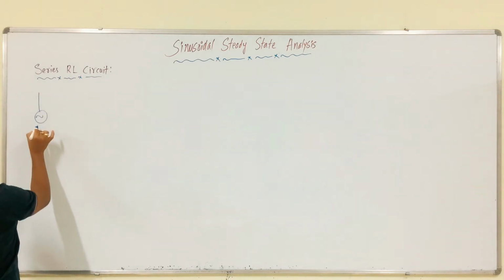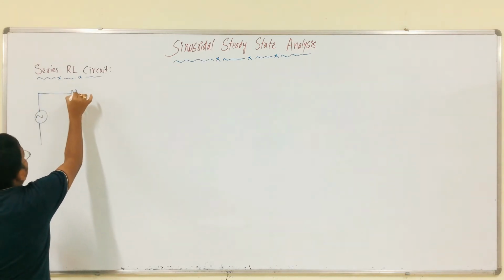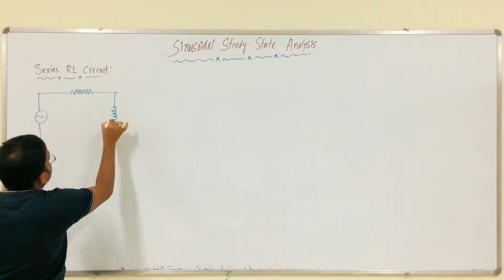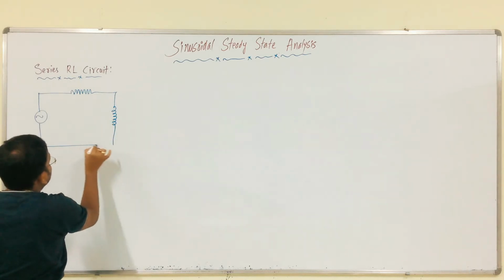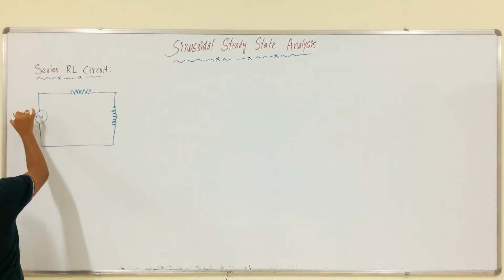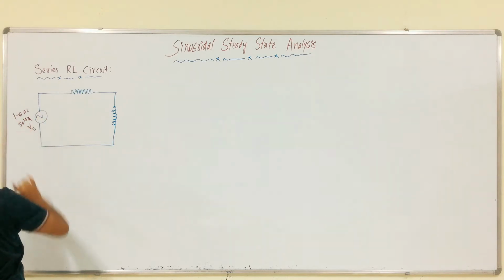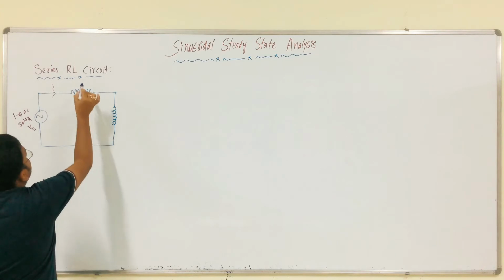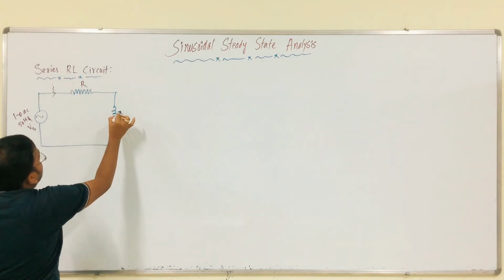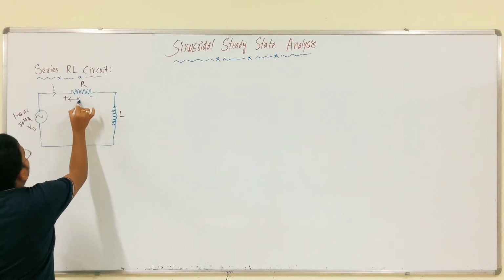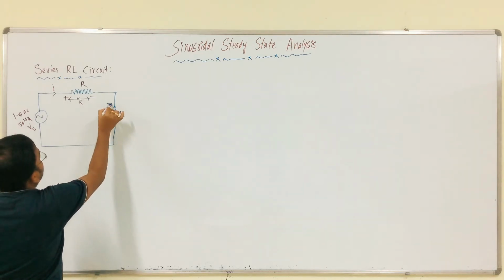We have AC excitation, a resistive branch in series with an inductor, that is it. This is the circuit, clear. This is a single phase AC 50 hertz supply. This is the supply voltage Vs. Due to this supply voltage we have current. This is R, this is L. So, across this resistance we have a voltage drop, that is VR.